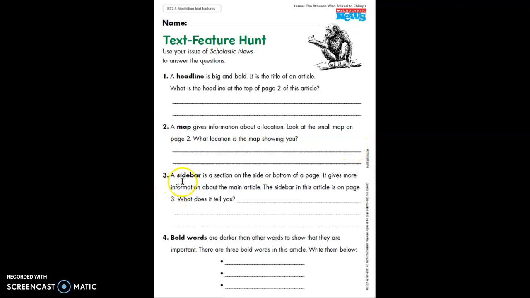Question 3. A sidebar. A sidebar is a section on the side or bottom of a page. It gives more information about the main article. The sidebar in this article is on page 3. What does it tell you? So go to page 3. There is a sidebar that is separate from the main article, and you're going to write, the sidebar in this article is about